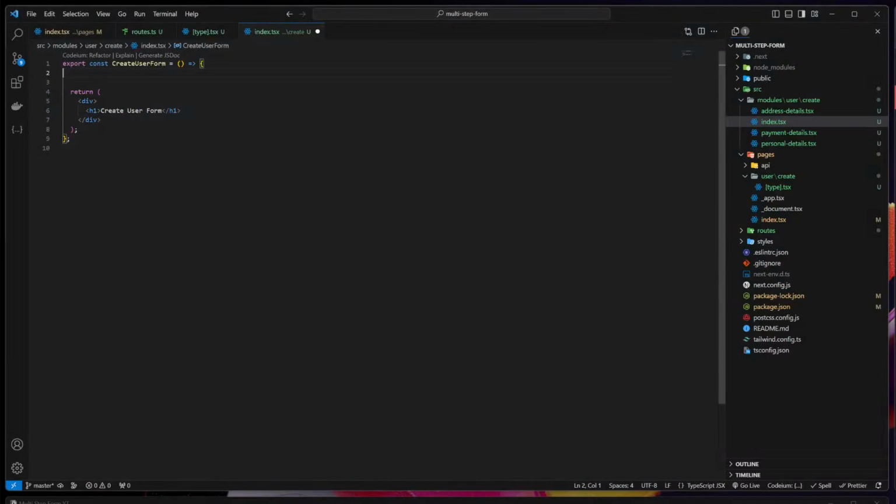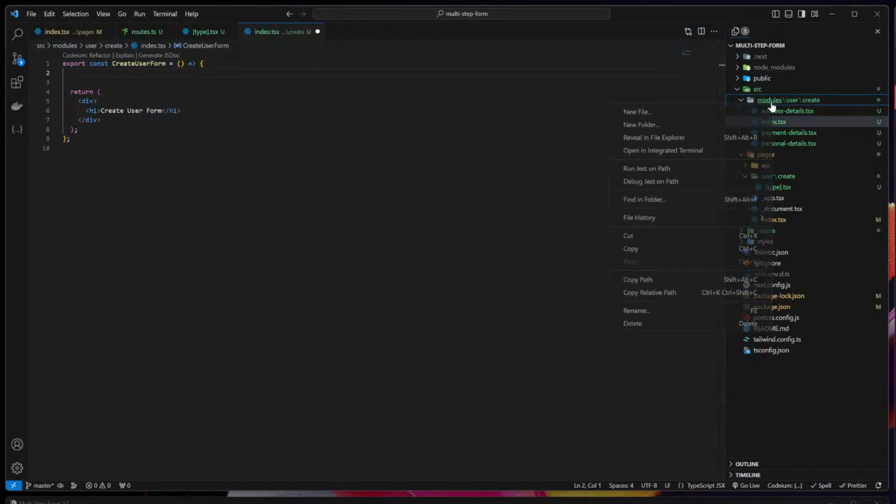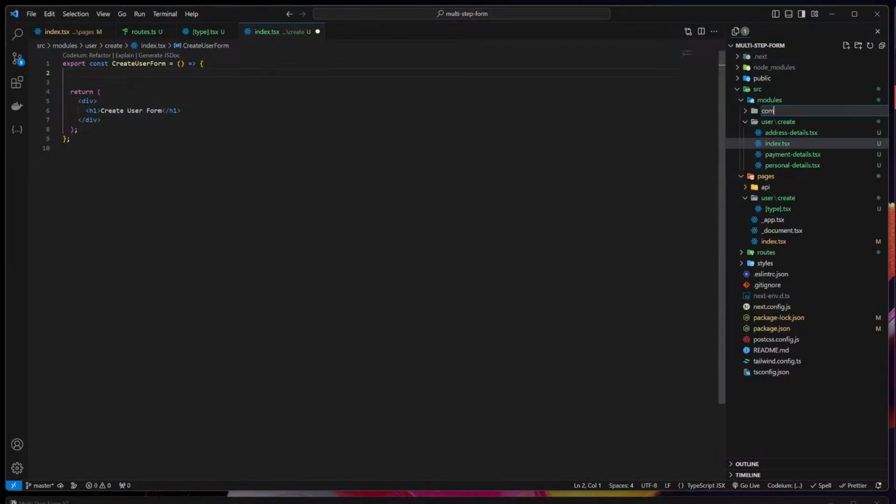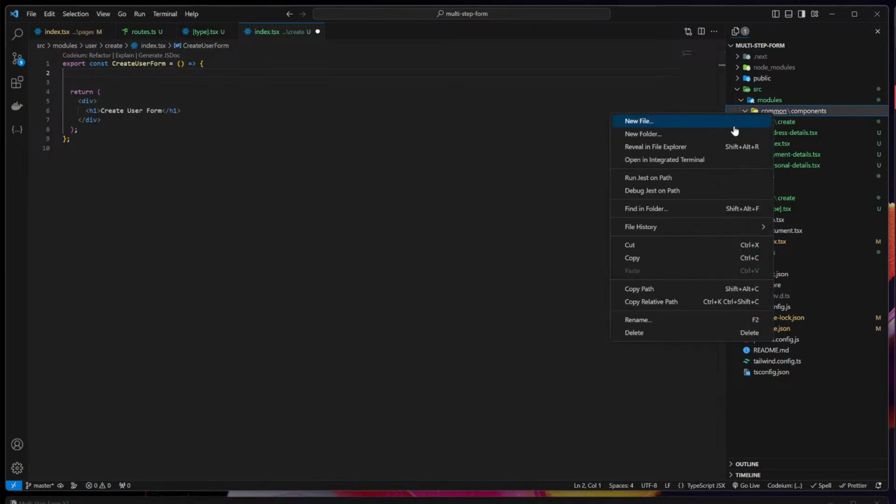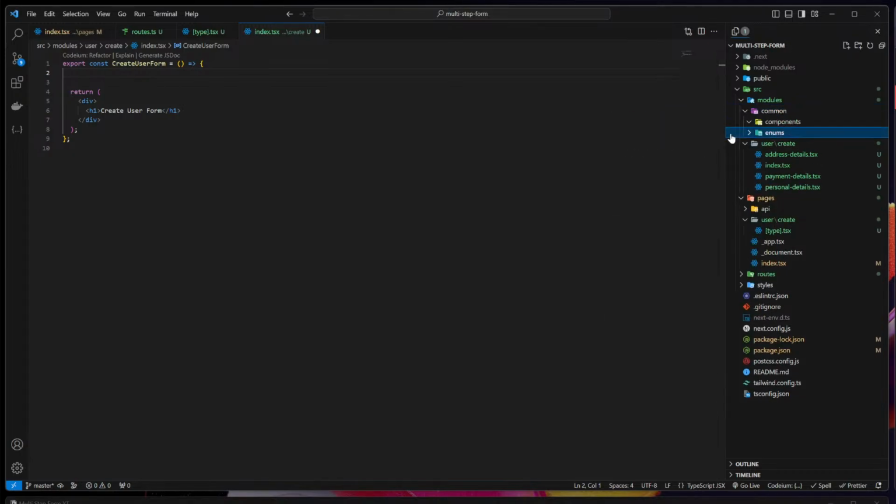Go to VS Code, and yeah. What I prefer is rather than using it directly, I like to create some common components. Instead of modules, we can have a common folder. Here we can place all of our components, enums, interfaces for TypeScript and all that kind of things. First of all, let's create one tab,